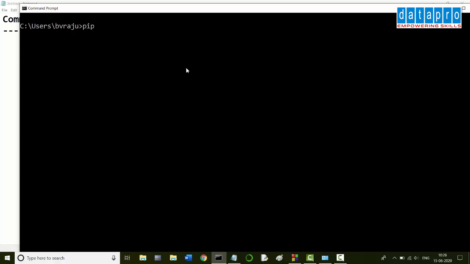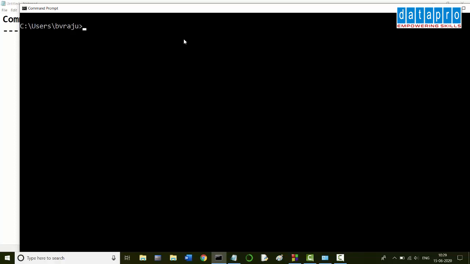Let me show you one more example. This pip is a Python command which is used to install any Python related package. So pip is the actual command name, then install and the package name, whatever it is. So these two are the arguments. The arguments can be one, or they can be multiple. So this is the command name and these are the arguments. You might be convinced that commands and command line arguments are very extensively used in computers.